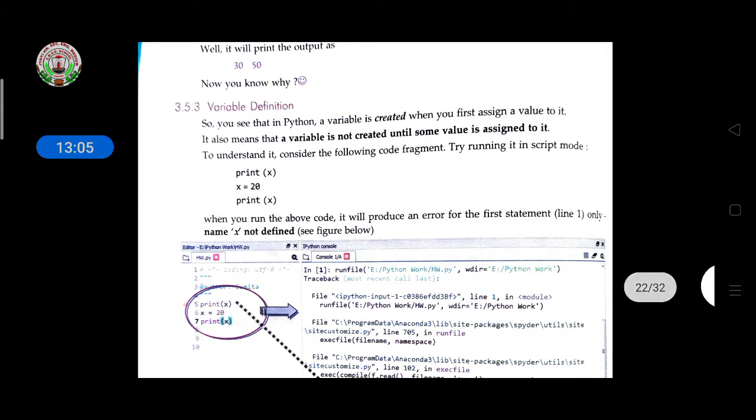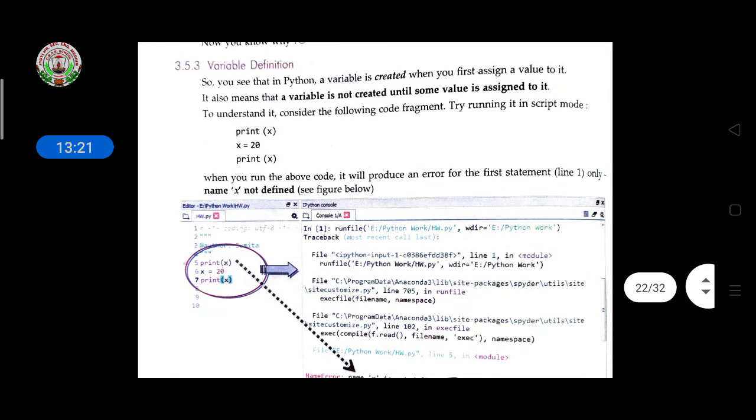Then variable definition. Variable definition means that a variable is not created until a value is assigned to it. To understand it, consider this code fragment. Try running this script. This script is given there. Here first you have to assign the variable value. Here print x is given there, then after that x equal to 20 is given, then again print x.